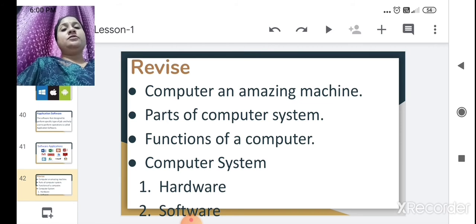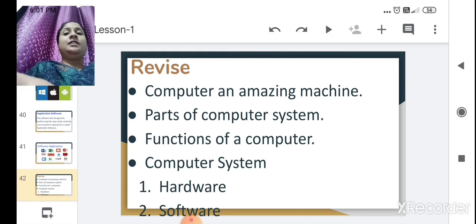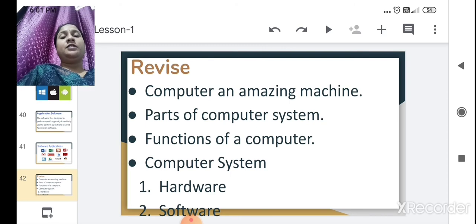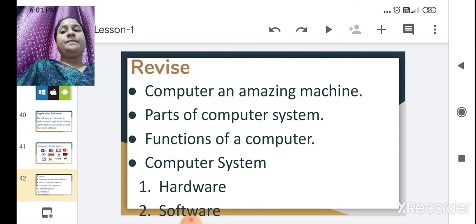We also learned about the functions of a computer. Input is the data and instructions which we enter using keyboard or mouse. Processing: after entering the data, the CPU starts working on the data and gives an accurate result, which is called processing. We also saw output.